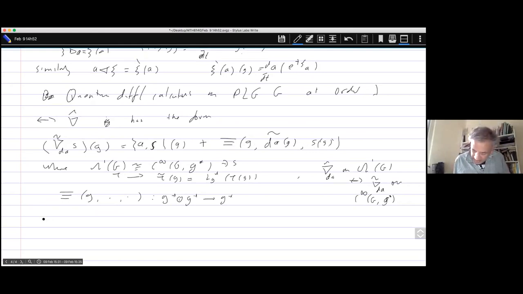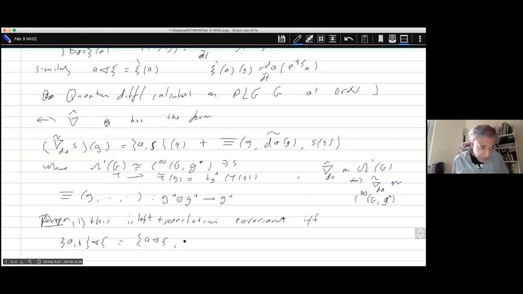And now, proposition: this is translation covariant. So it corresponds to a translation covariant calculus, technically a left translation covariant calculus, in the sense that it's the infinitesimal part of a left translation invariant quantum differential calculus, if you were to assume one, if and only if the condition is that AB acted upon by C is A acted upon by C B plus A B acted upon by C plus A acted upon by delta 1 C